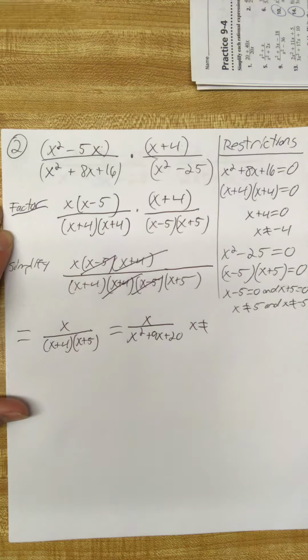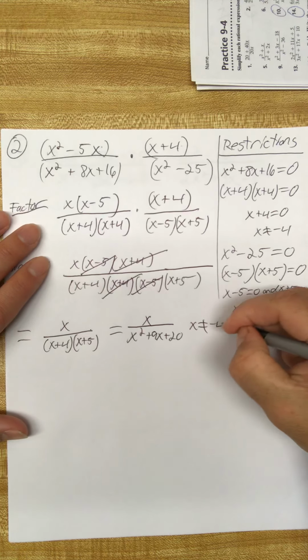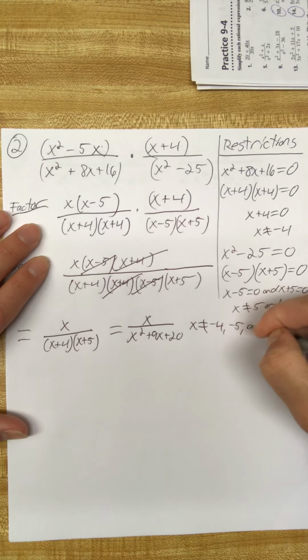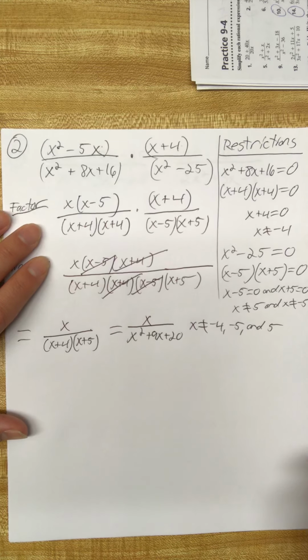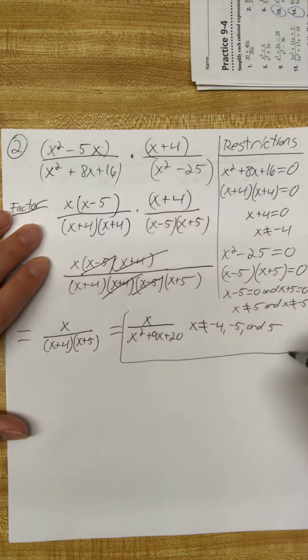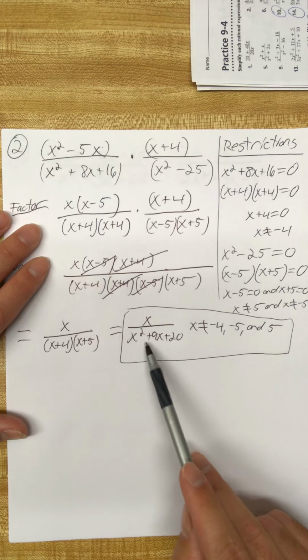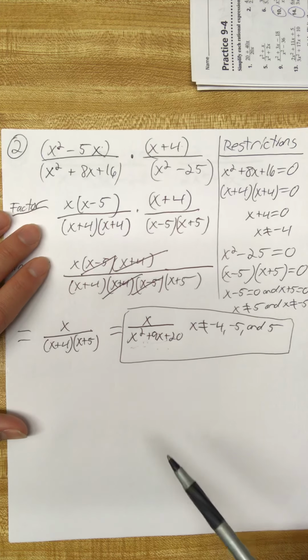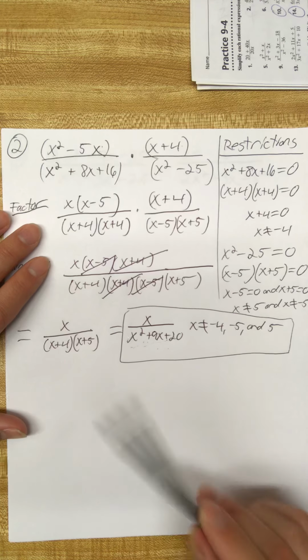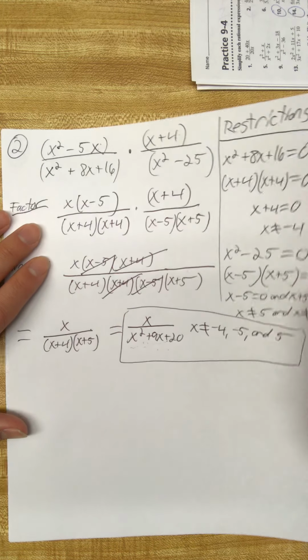And x cannot equal negative 4, negative 5, and 5. So that'd be the answer that I'm looking for. I'm going to type in the answers into Schoology like this. I think if we get rid of the parentheses, it gets rid of some clutter. All right. Next up,